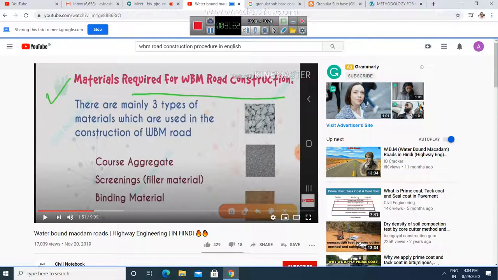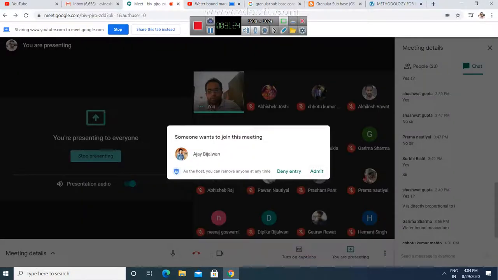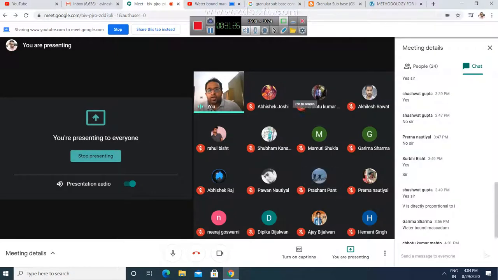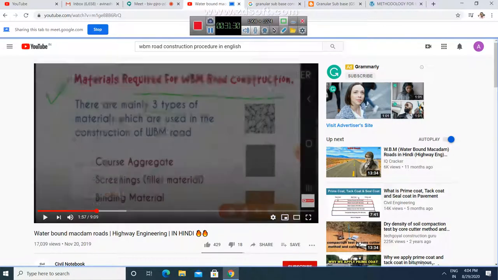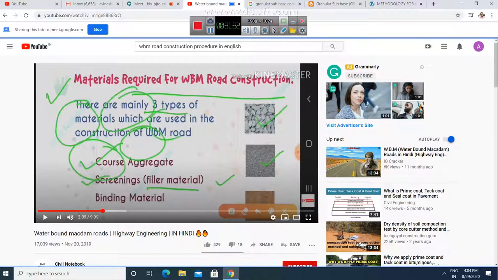Then you have the screenings or filler material, and you also have the binding material. Here you can see that the base part is made up of coarse aggregate. These green circles are showing coarse aggregates, and you can see that there are void spaces between these coarse aggregates.